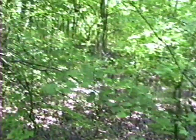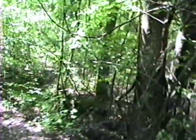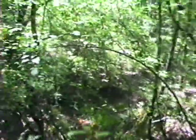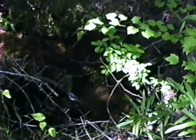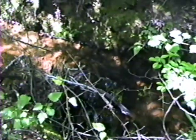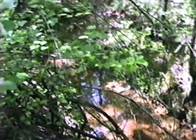There's also a snake that lives down here that scares Carol occasionally, but I've never been able to see him, so I don't know what kind it is. We'll switch around through here. Now our property line crosses back over somewhere. I don't know, there's a lot of ripples down there in that water. Might have been a snake or another frog jumping there, who knows. I've never seen the snake, so I don't know what it is. It's a beautiful pond